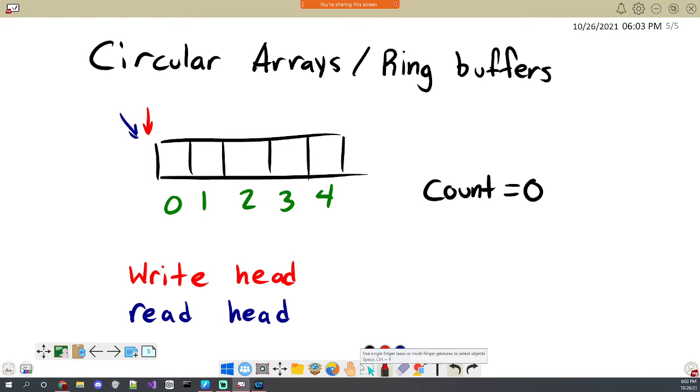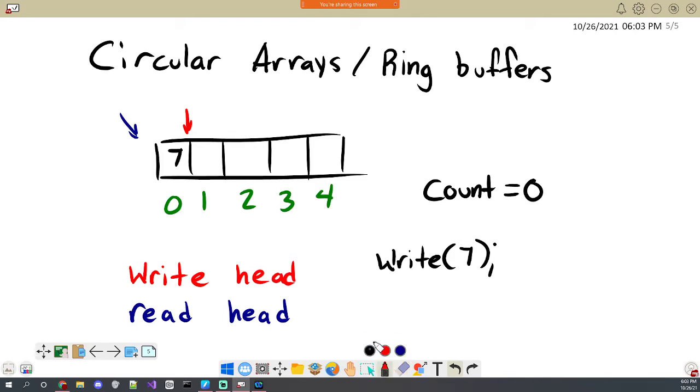When we do a circular array or a ring buffer, it has these two operations, write and read, that correspond to these heads. Whenever you do a write, all it does is go to wherever the write head is pointing and write a number. So let's say I wanted to write integers into this buffer, and I just write the number 7. Then it's going to put the 7 in there, and then move the write head to the right of that. Basically, it's just going to write where it's pointing and then move along.